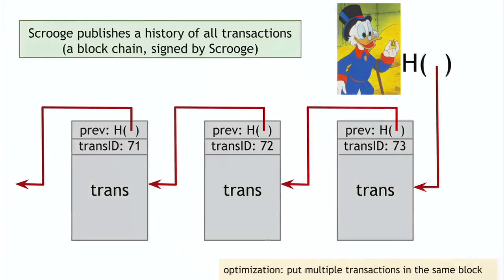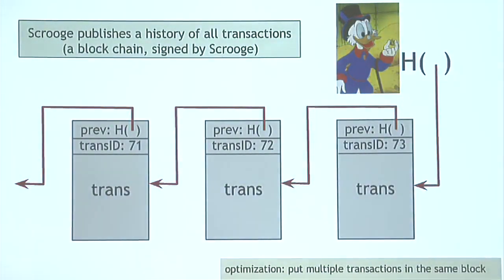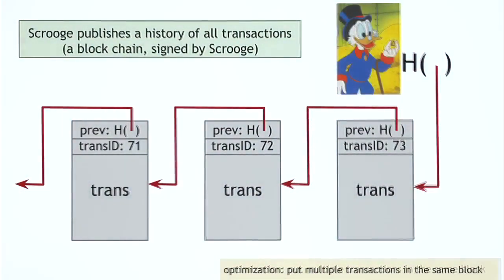It's a series of blocks, data blocks. Each block will have one transaction in it. This block has the transaction with transaction ID number 73. And it has the contents of this transaction, and then there's a hash pointer to the previous block in the history. Okay, and then Scrooge will take the hash pointer, which represents this entire structure, and he'll digitally sign it